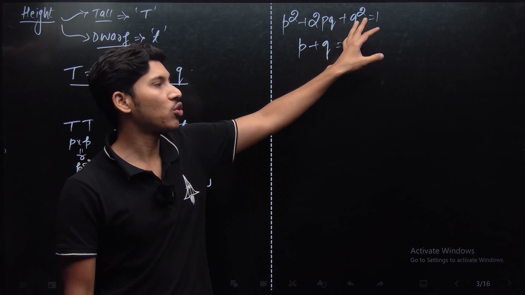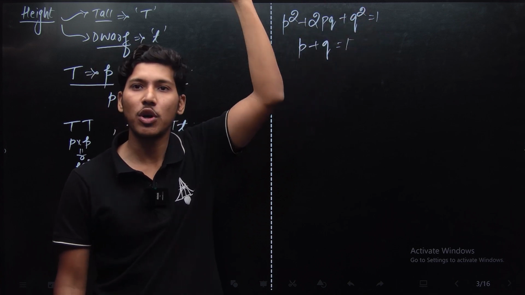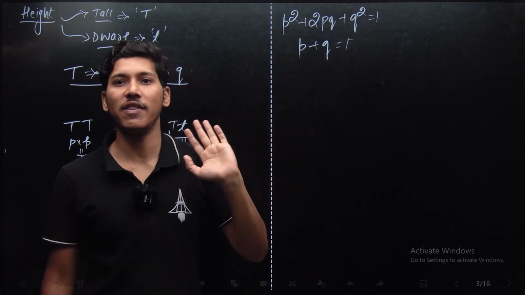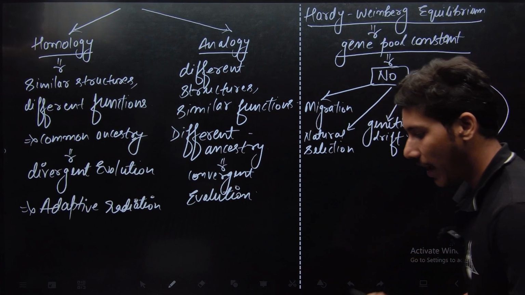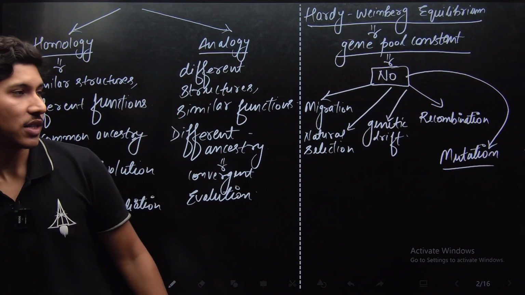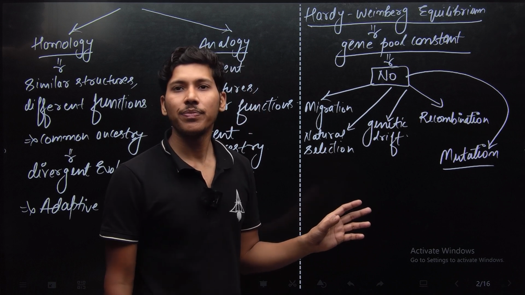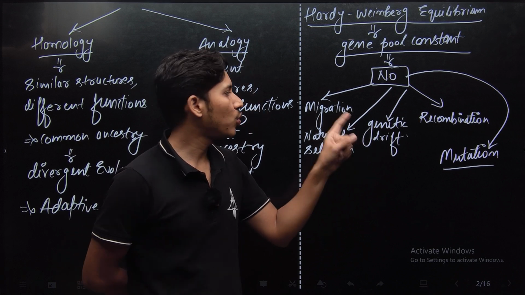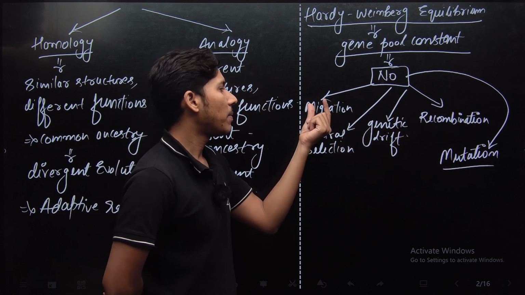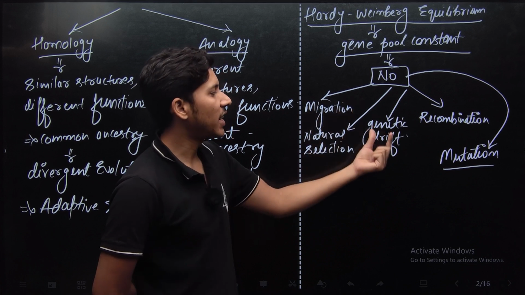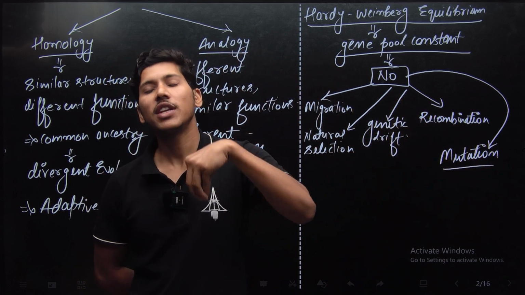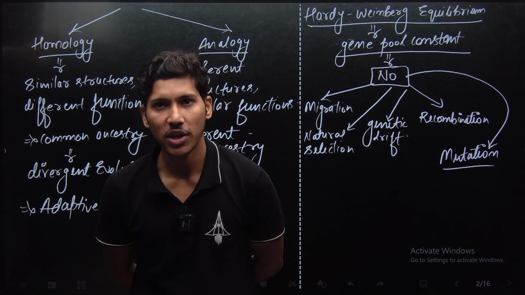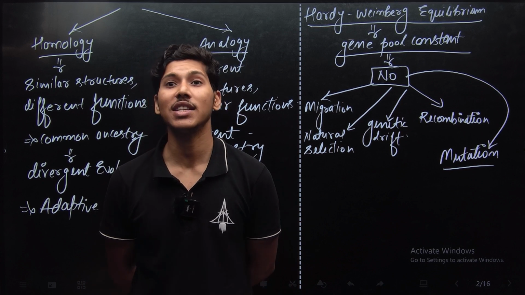It always comes out to be 0.8, 0.7 or 1.2, 1.3, because the Hardy-Weinberg principle is never fully applied or fully correct. So populations evolve due to these characteristics: migration, natural selection, genetic drift, recombination and mutation. These are the 5 characteristics which lead to evolution of a population, or to a change in the gene pool